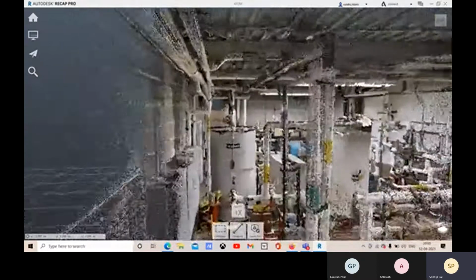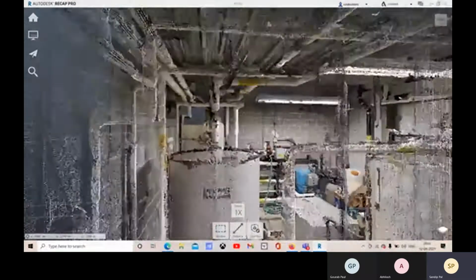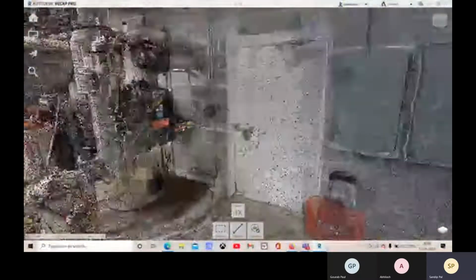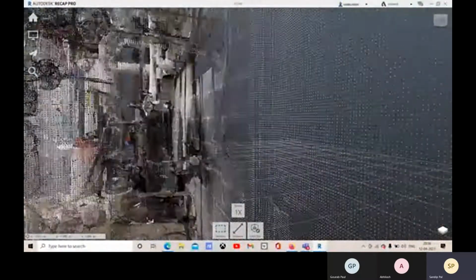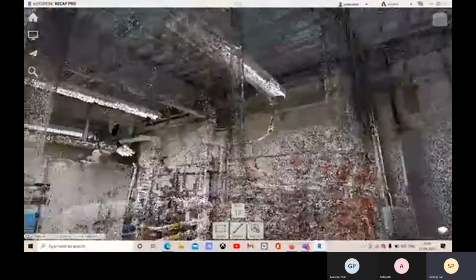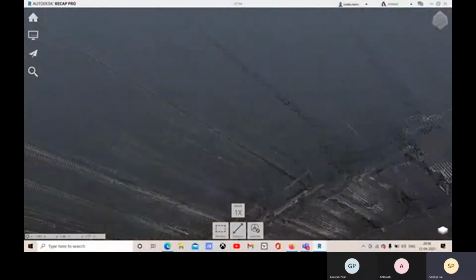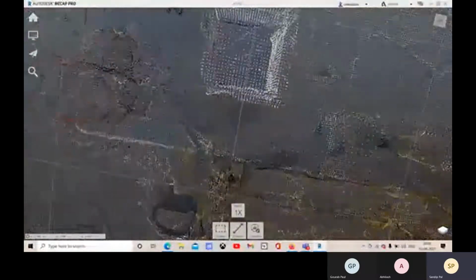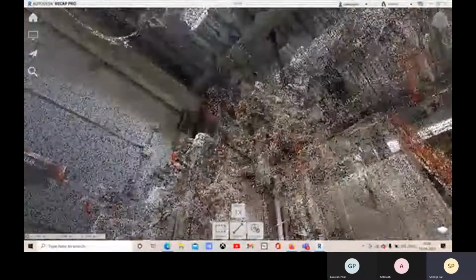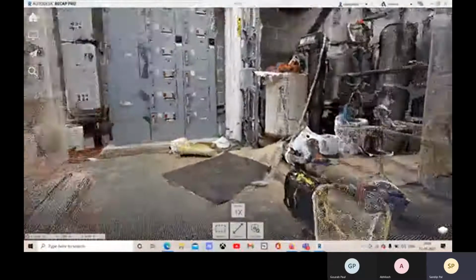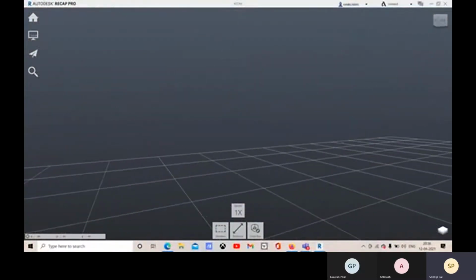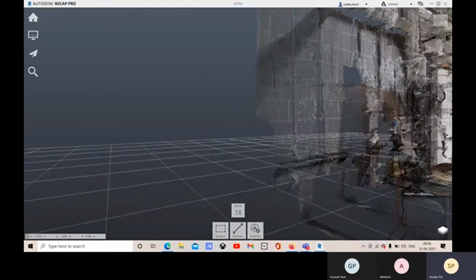We have done this fly option in Navisworks. Okay, so you can go for orbit.